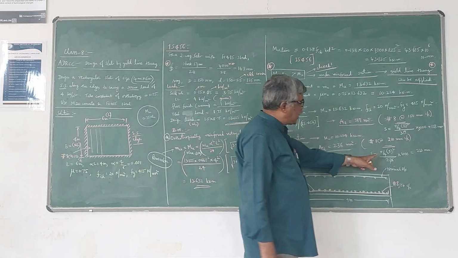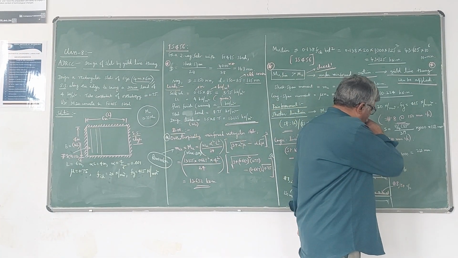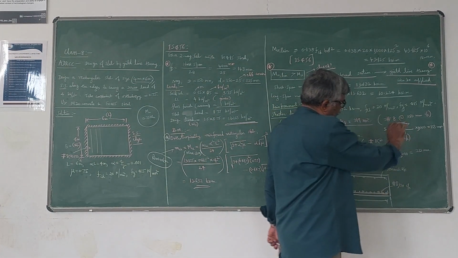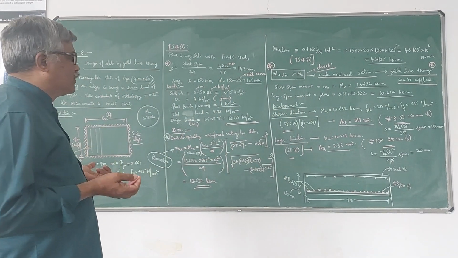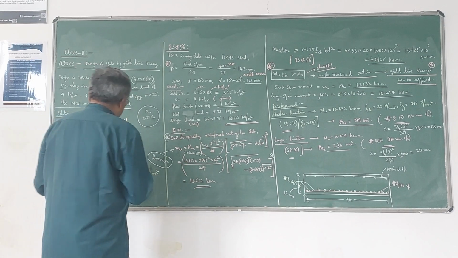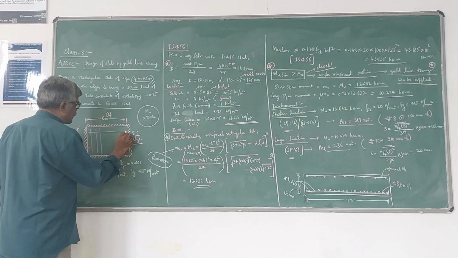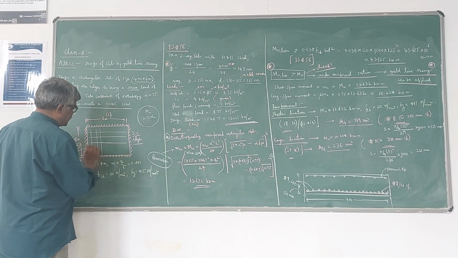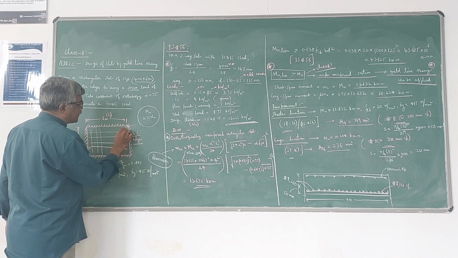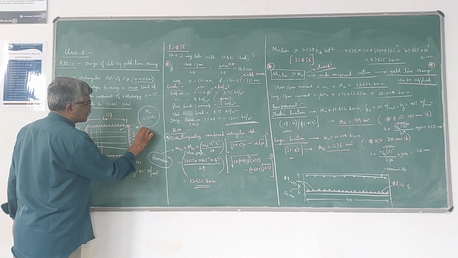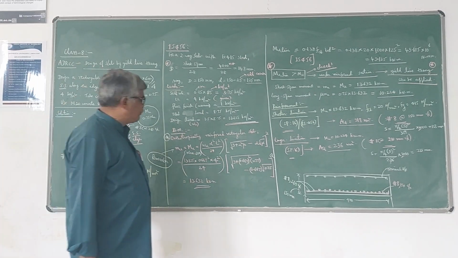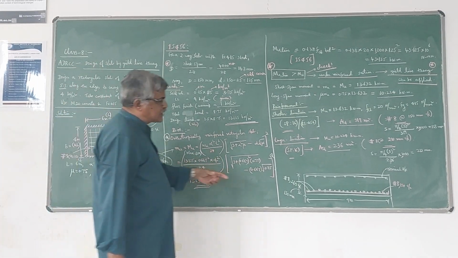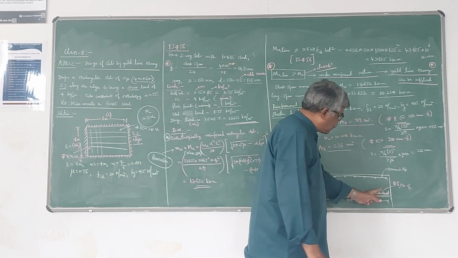Once again, by assuming 8 mm diameter, the spacing becomes 230, that you can reduce to 200 or 210. So the reinforcement provided in the longer direction, that means like this, in this direction, it is T8 at 210 center to center. So that is the reinforcement. In plan you can see like this. In sectional elevation you can see the reinforcement like this.